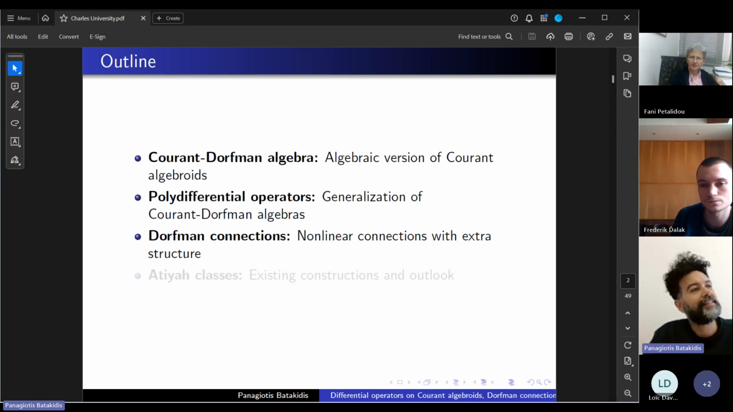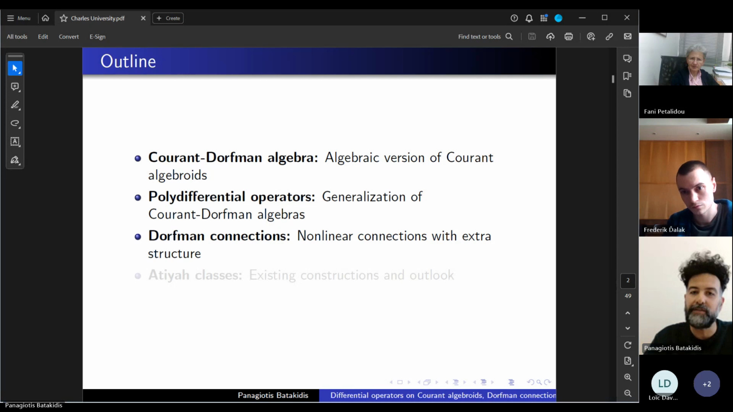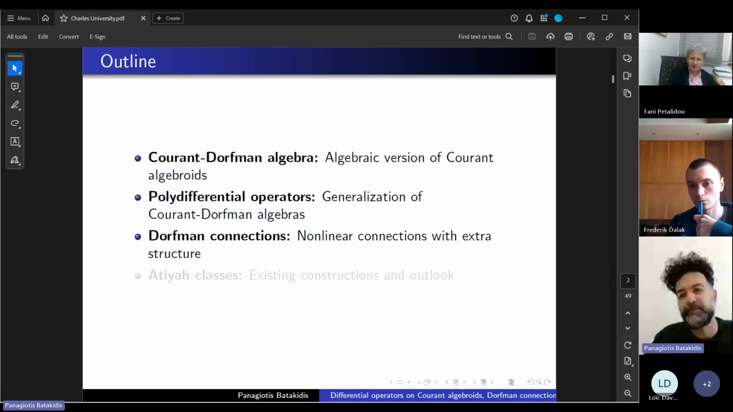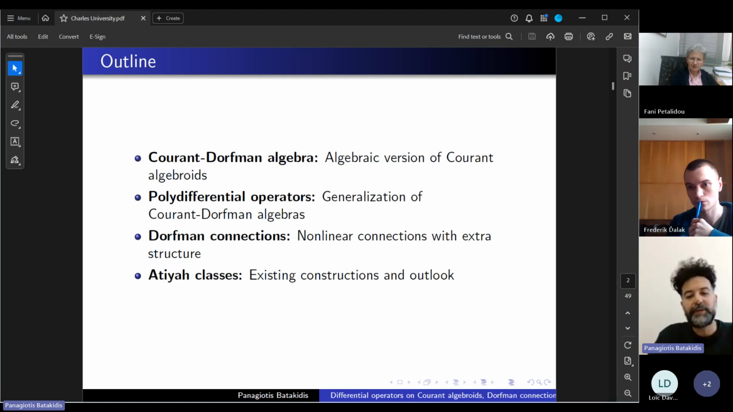So the idea is that we build this algebra of differential operators so that all the calculus developed and induced by such nonlinear connections makes sense. Like the curvature, the derivatives of the curvature, they all live in the space of differential operators. And the last bullet will be about